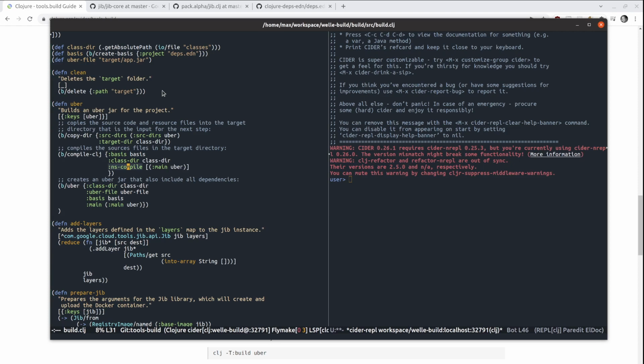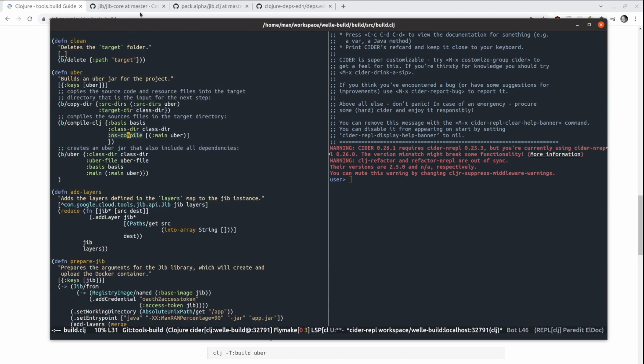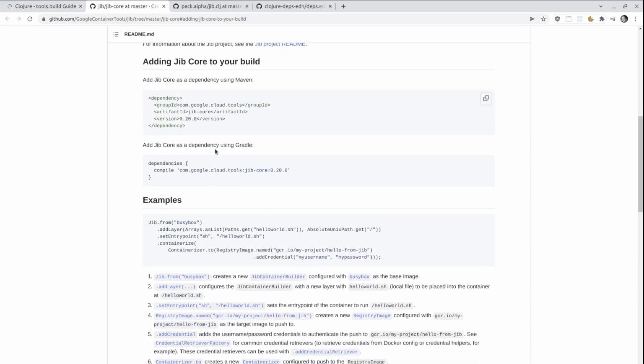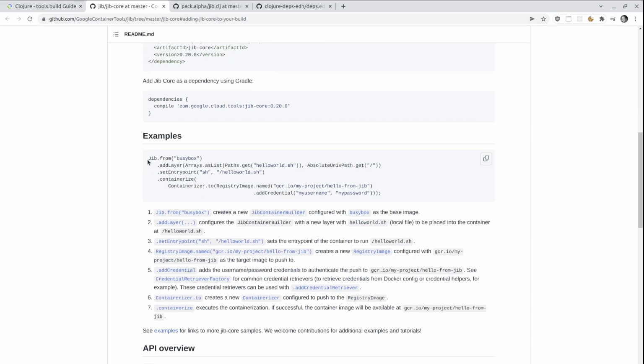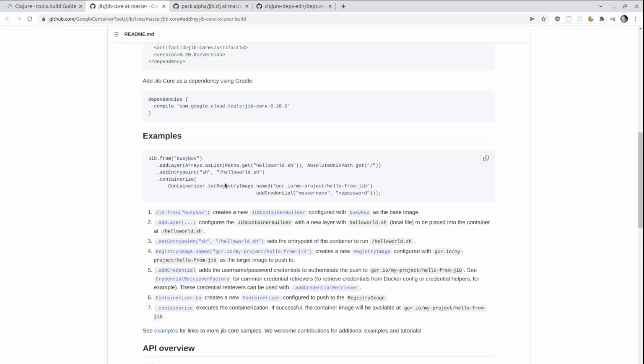Yeah, and as I said, the philosophy of tools.build is that your build process is just an ordinary Clojure program. I was also able to use the Google Jib library to build the Docker image, and yeah, it's of course very Java-like. So this is, for example, the starting point I used. There are also parts where you can look into Pack Alpha, how they are using the Jib library. But essentially,